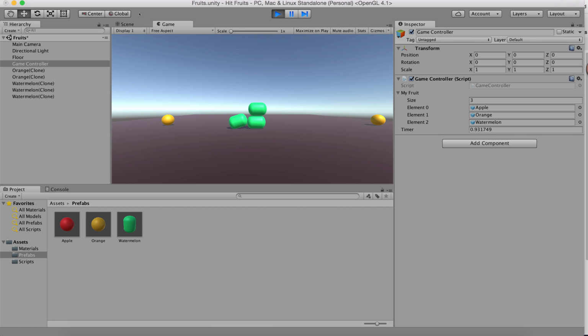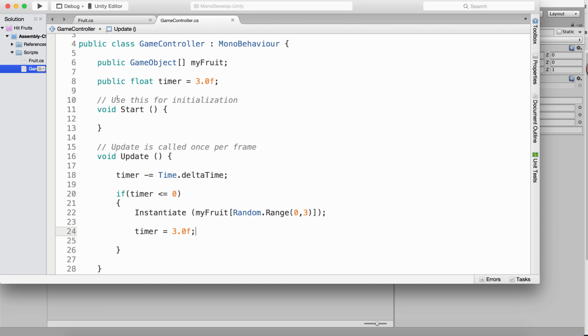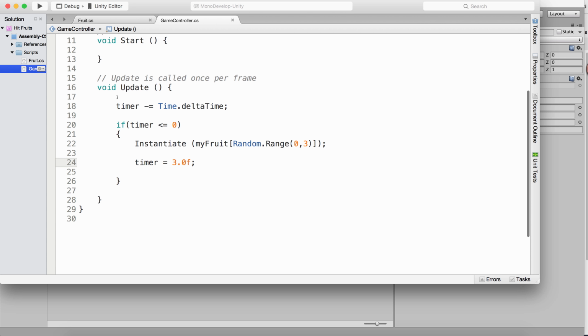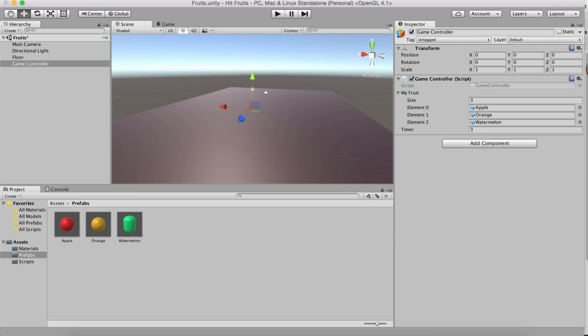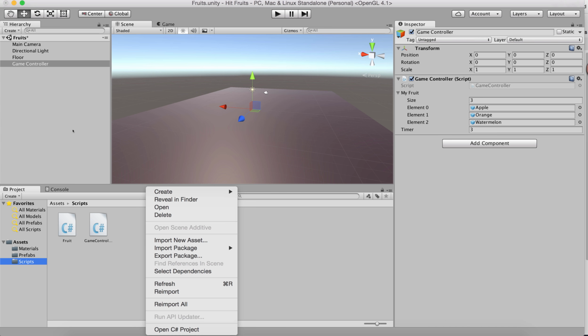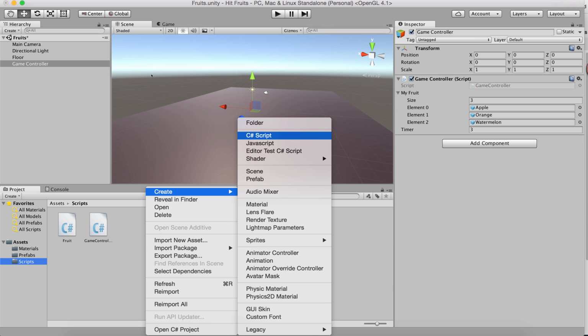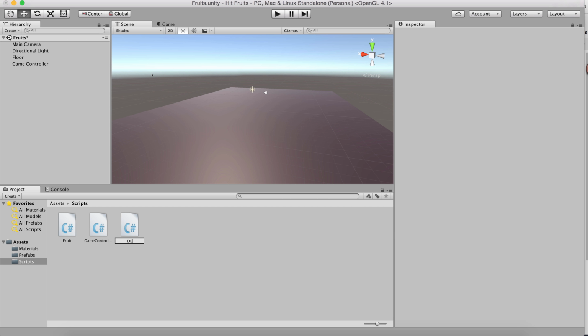Okay, oranges, too many oranges and too many watermelons. Now we have an apple. Okay, so that's our game controller. Then we also don't want our fruits to be living an unlimited life, so we'll say destroy after 3 seconds, or 5 seconds is what we want to do. So I'll say destroy